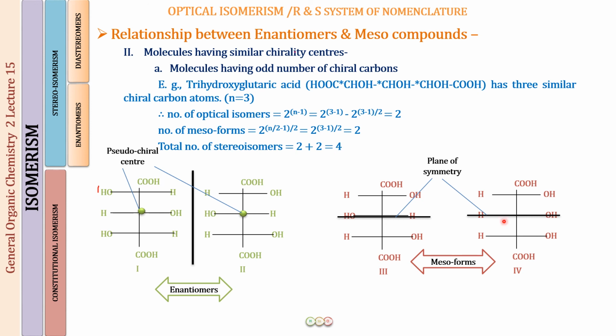Now, the maximum number of possible isomers was what? That is going to be equal to 2 to the power n, where n is the number of chiral carbons. So that is going to be equal to 6, and we have just drawn 4 structures. So for the rest of the 2 structures, this is going to be one structure and its mirror image, but they will be superimposable on each other. So those are going to be identical structures. Similarly, 4 and its mirror image will be superimposable on each other. Therefore, that will also be identical structures.